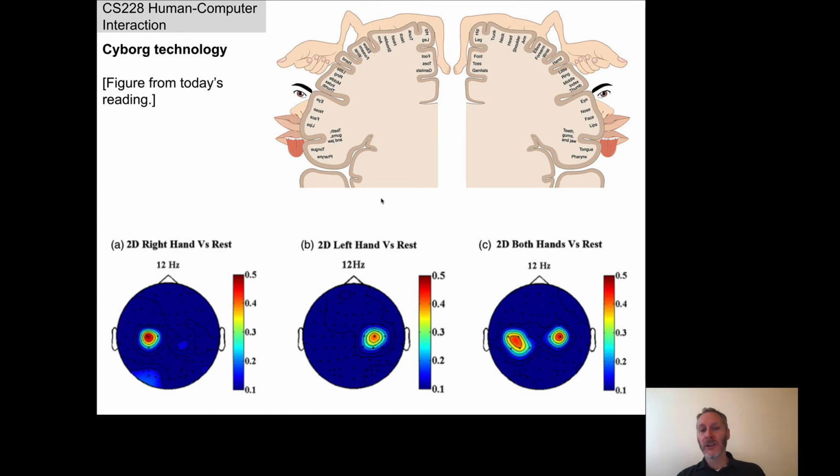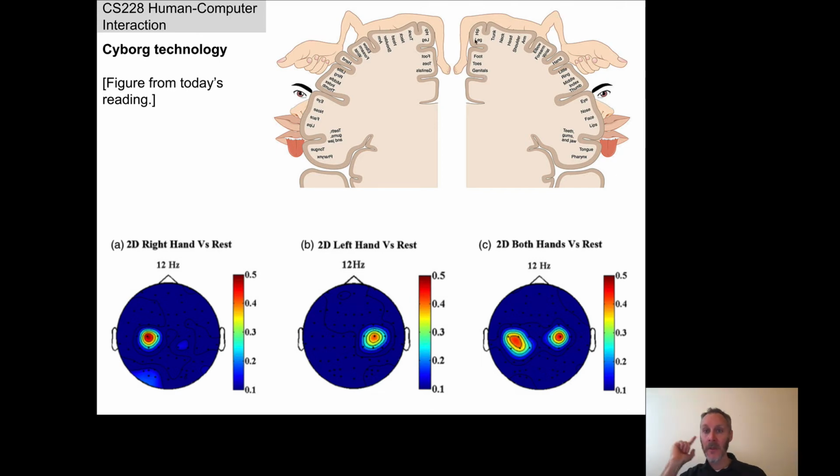Okay. So let's talk a little bit about the motor strip. This is particularly important in brain-computer interaction. This is what the motor strip looks like. So imagine that we've taken a horizontal cut directly through the midsection of the brain. It turns out that if you start at the top of the head and walk towards the right ear, in